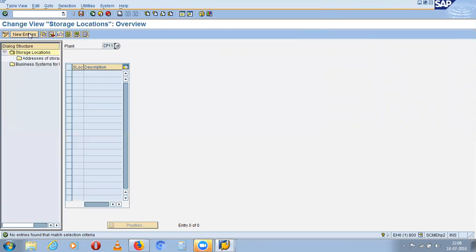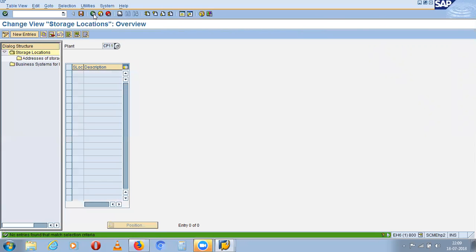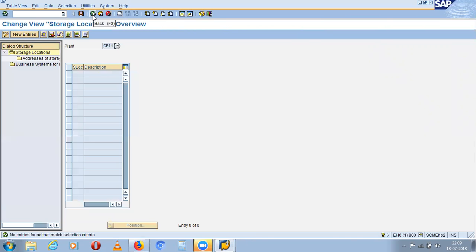One second, go back. Beside new entry, you have the copy option there. Click on that. I have clicked it.